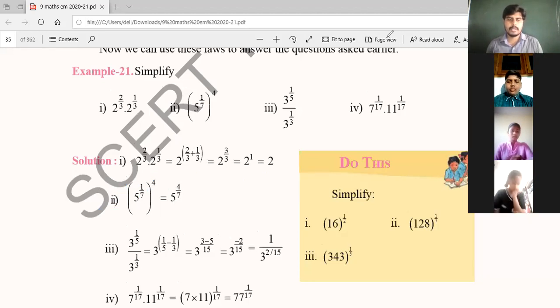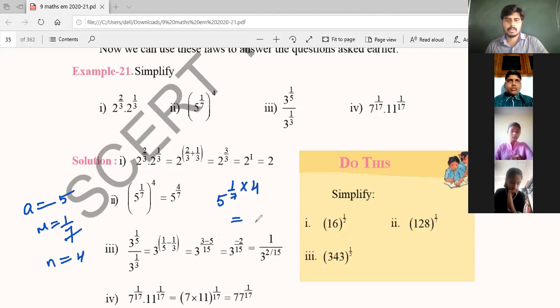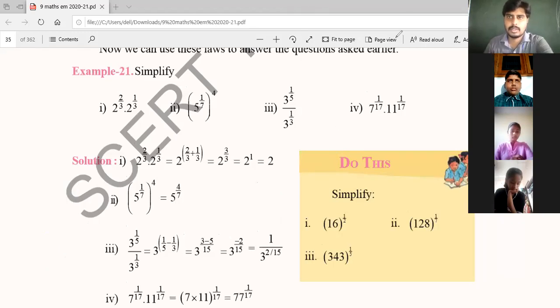Simplifications are very important, and formula application is also very important. So here a is equal to 5, m is equal to 1 by 7, n is equal to 4. So 5 power 1 by 7 into 4, that becomes 5 power 4 by 7. Okay, right. Next,